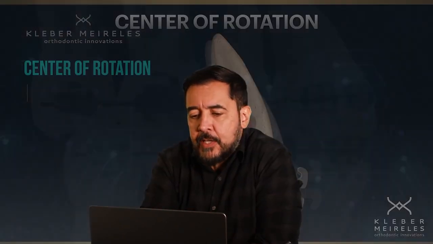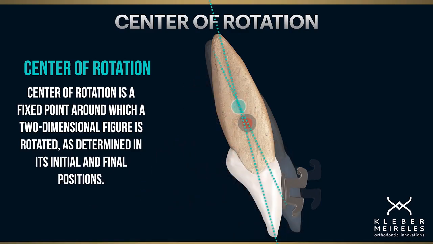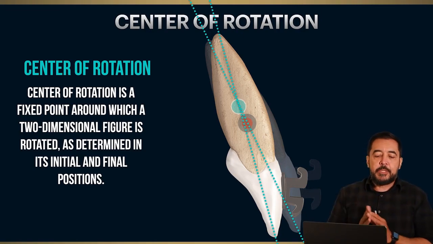Now we are back with another piece of information which is very common to use in our orthodontic language. We say this a lot. What is the center of rotation in orthodontics? The center of rotation is a fixed point around which a two-dimensional figure is rotated, as determined in its initial